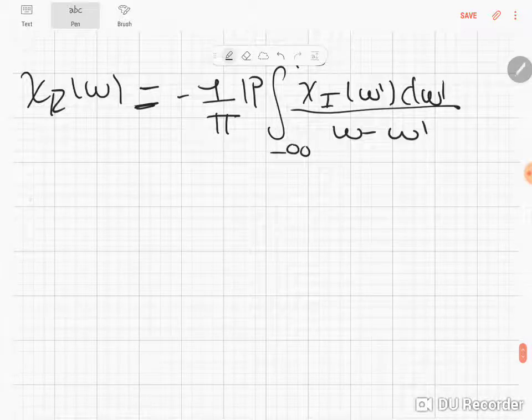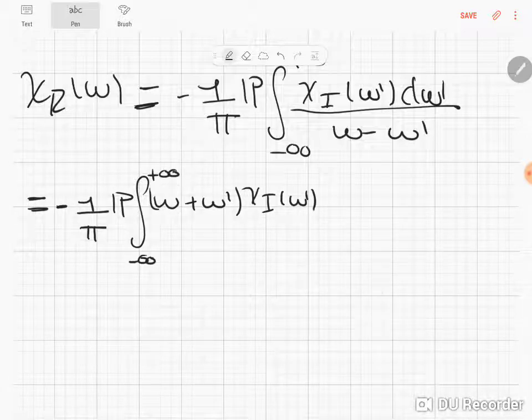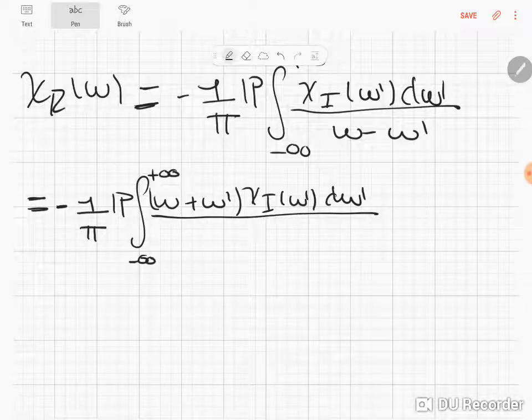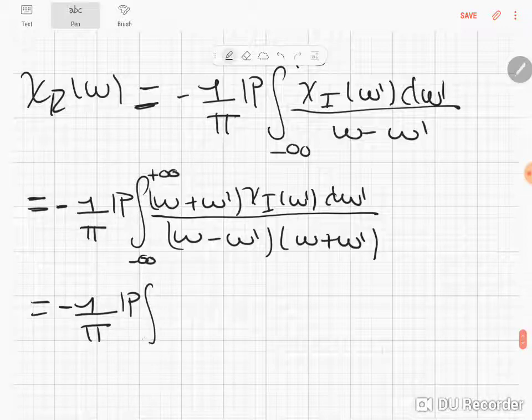then let's do the following thing. So let's write minus 1 over pi, principal part of this integral, and we're going to multiply here up and down by omega plus omega prime. So times chi of omega prime, d omega prime divided by omega minus omega prime times omega plus omega prime. Okay, so then what is this equal to? Minus 1 over pi principal value of this integral here